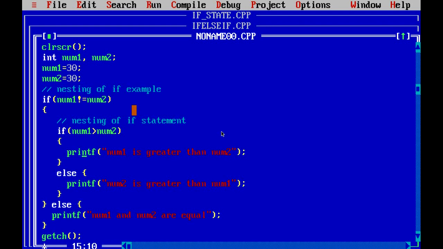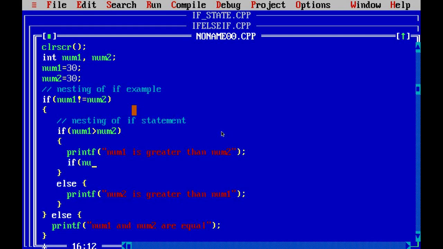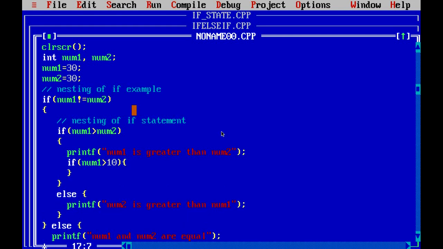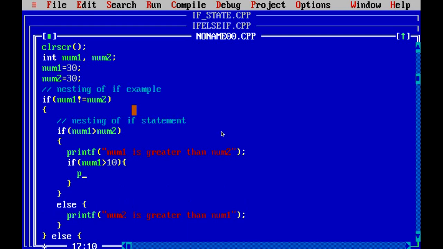Again, if you want to add some more conditions, let's say if num1 is greater than 10, again we can have some statement. Let us compile and run by giving some value that will fulfill the condition.